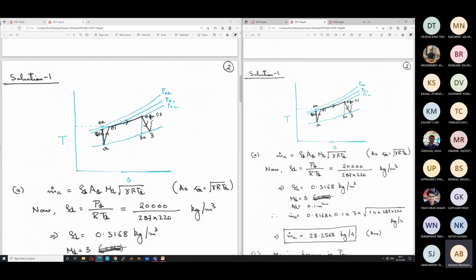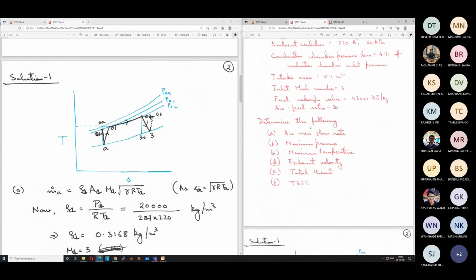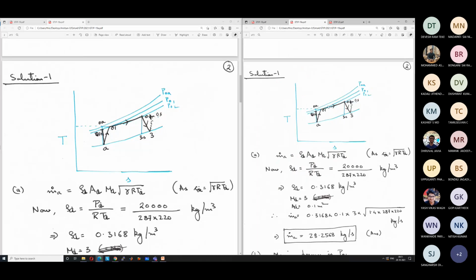So anyway, coming back to the problem, we'll keep this diagram open and proceed step by step. It's not a difficult problem. If you just proceed step by step through the processes, we will be able to solve it. First we have to find the mass flow rate. We can find it at any section, but it is easiest at the inlet because all the properties are known there.